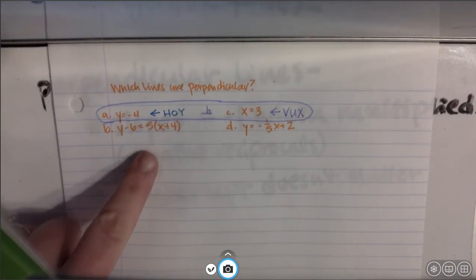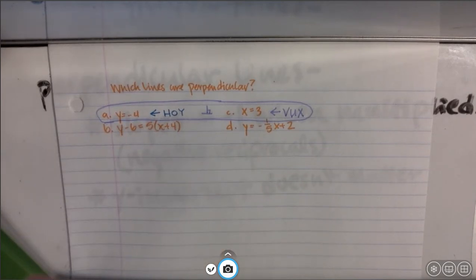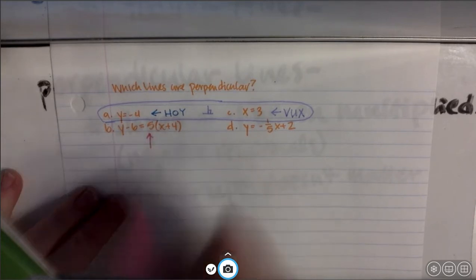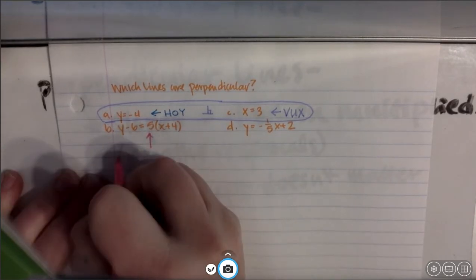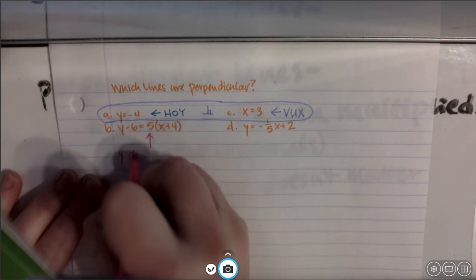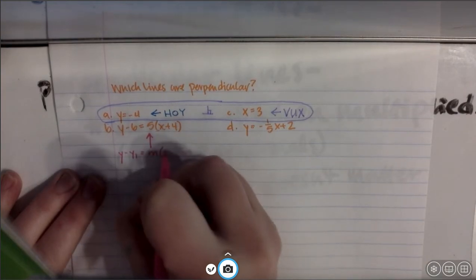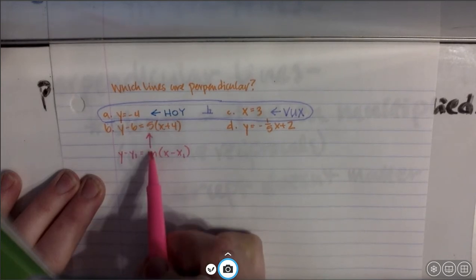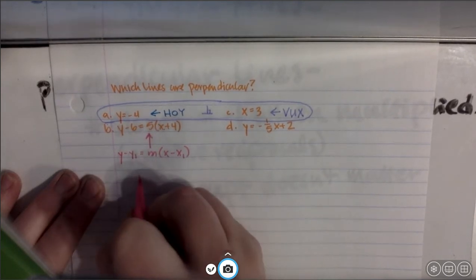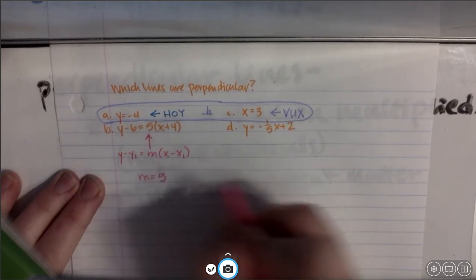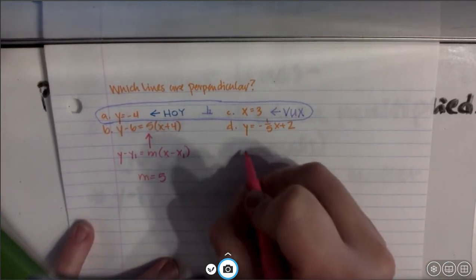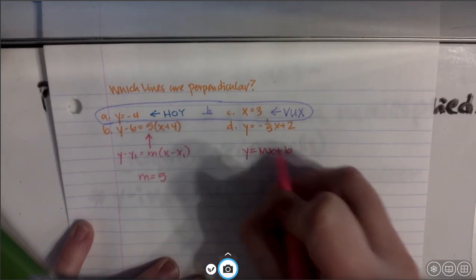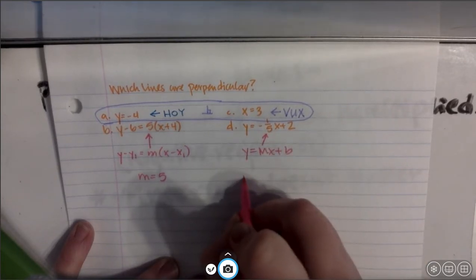Let's see if these next two lines are also similar to that. If we look at this next one, this is written in point-slope form. Remember, point-slope form looks like y minus y1 is equal to m times x minus x1. So if I look at this, my slope is 5. If I look at this one, I have this one in y equals mx plus b form. So my slope here is